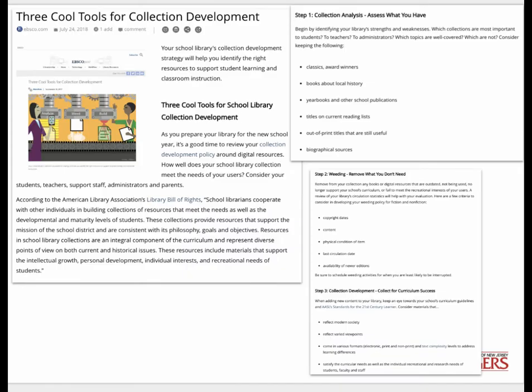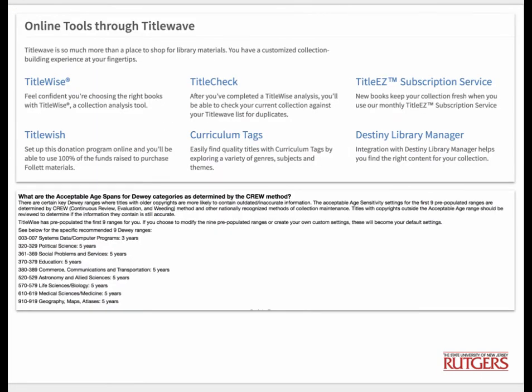There are tools for collection development and analyzing your collection to help you discover what you want to weed. Among those tools is one that you'll likely be using as you create your strategic plan, and you'll find a variety of collection development and analysis tools on Follett's Title Wave.